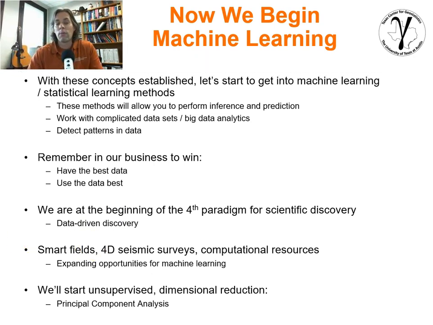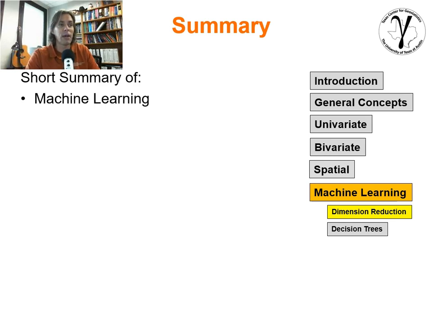I think that we will probably see a lot of these methods grow and become more important, and it's good for us as engineers and geoscientists to know about them. Of course, there's going to be tons of opportunities with areas where we collect very dense data. We'll definitely need these technologies, including in a lot of different areas we work in. We're going to start next lecture with unsupervised methodologies for dimensional reduction. We'll get into principal components analysis. We're going to show that based on an unconventional data set, and we'll show some examples in R and, I believe, in Python. So I hope that this summary was useful to you.